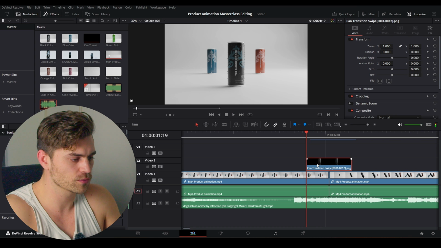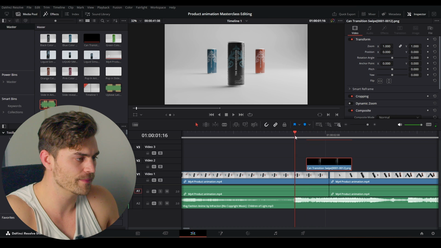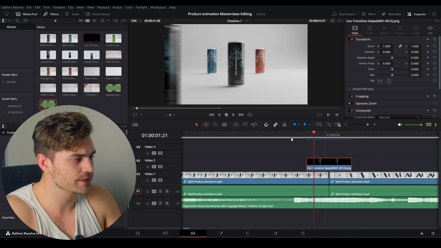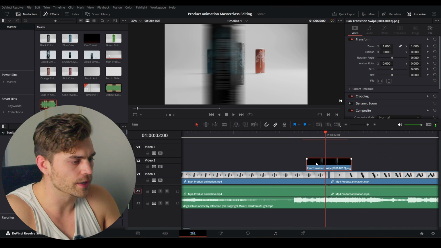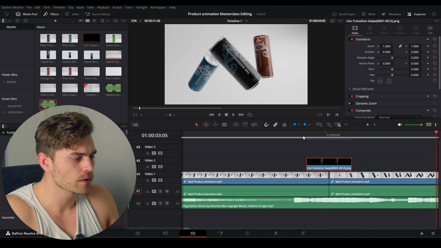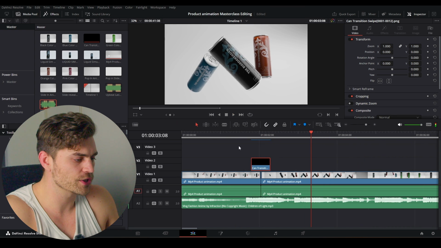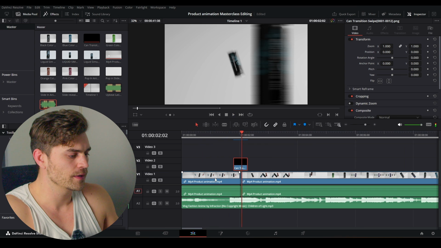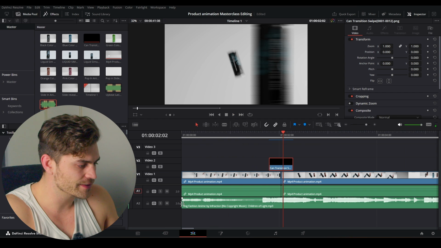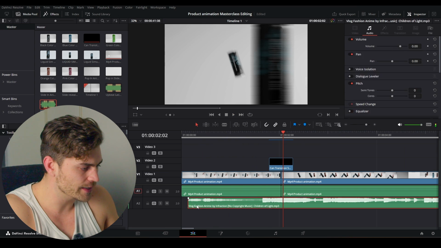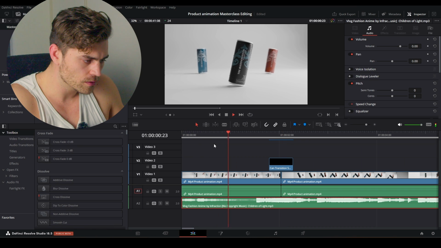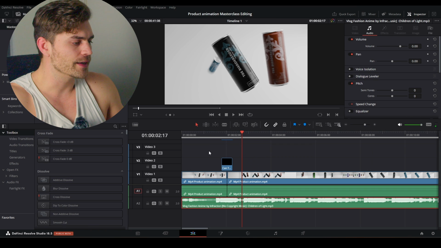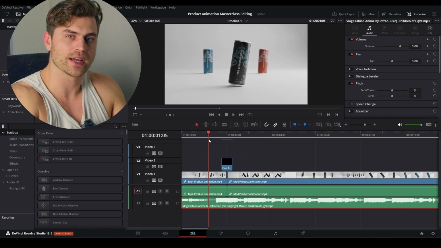So I'm going to use this one, the arrow to the left, to move a frame. And I do not want to see the shot change over here. And now the transition is correct. Let's see. I think this beat can be a little bit faster, so I'm going to drag this to the side. Alright, cool.